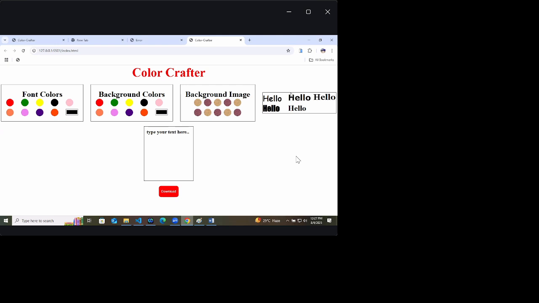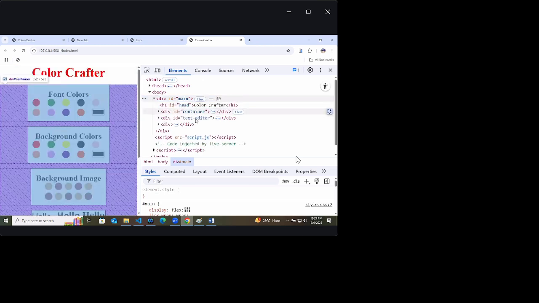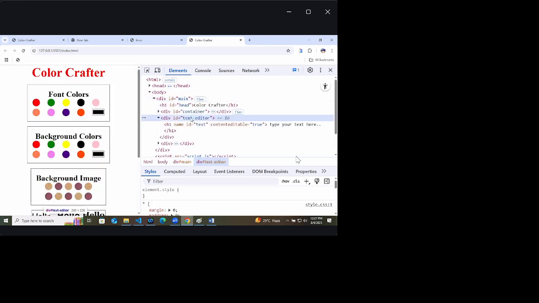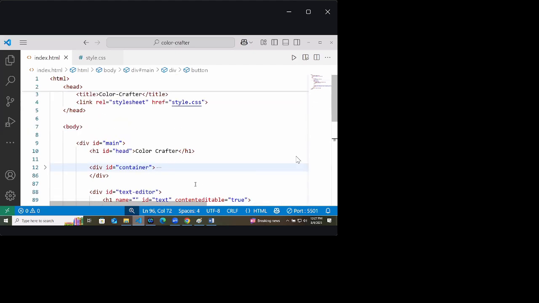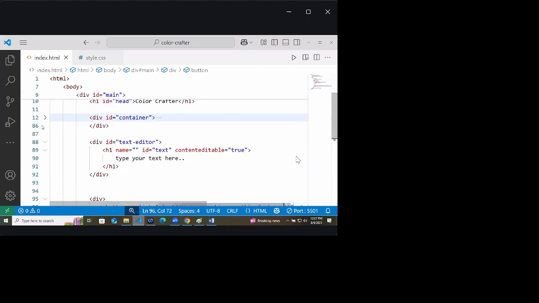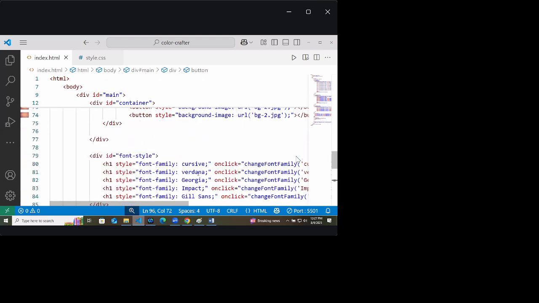This is not looking good actually. So do one thing, check the size of these containers. So this div is having a size of 200 by 200. Okay. So where we are giving the headings, that div will have a size as 200, 200.